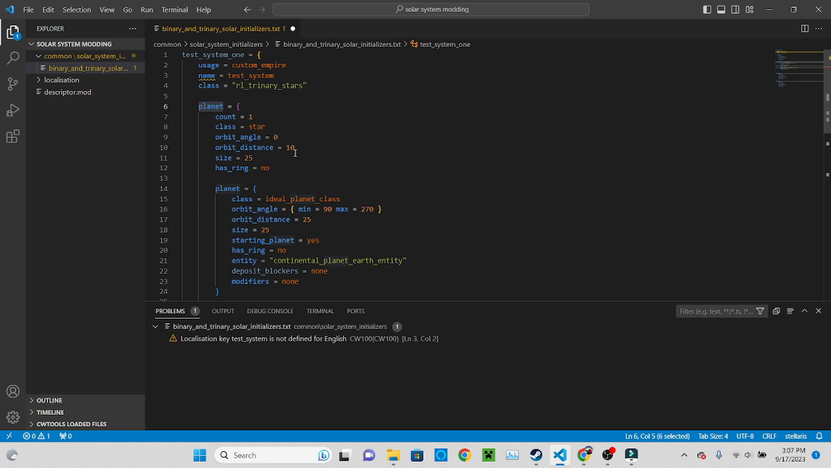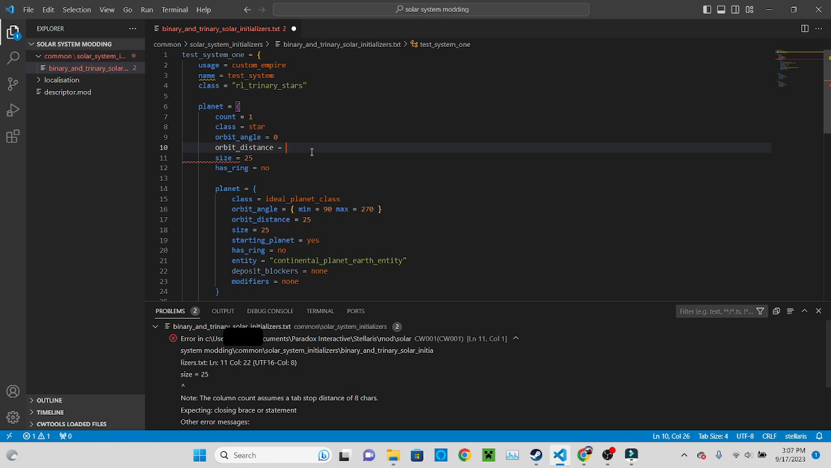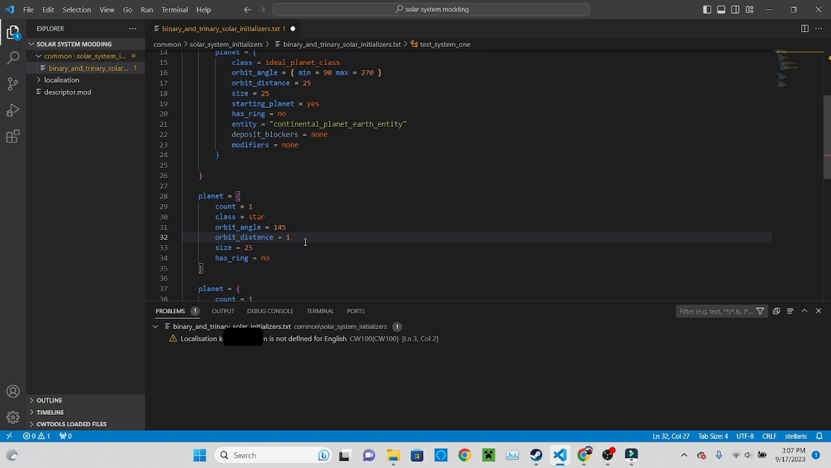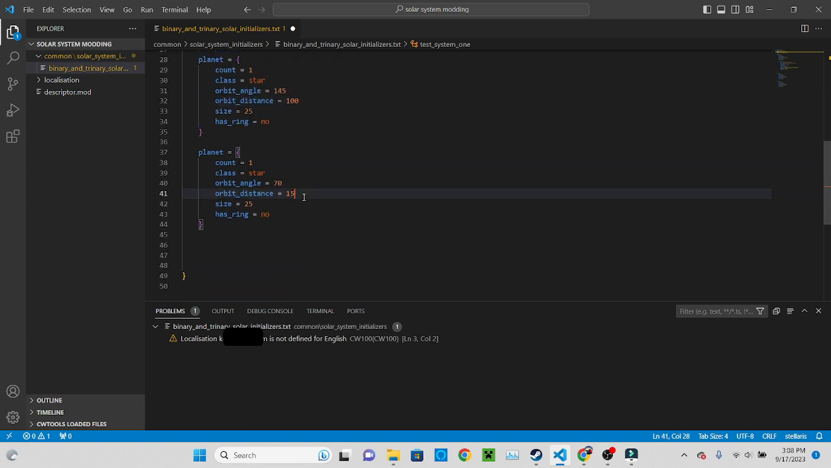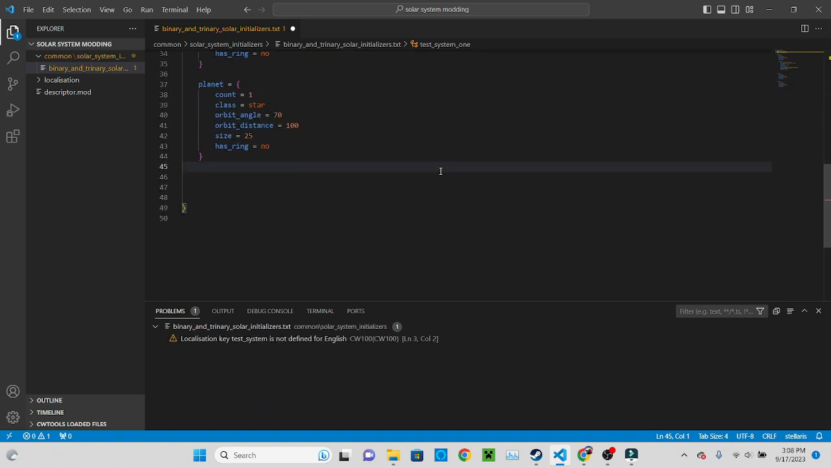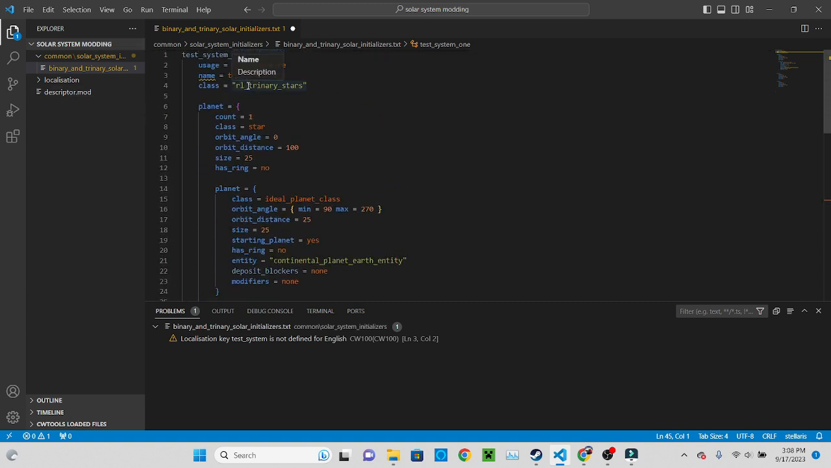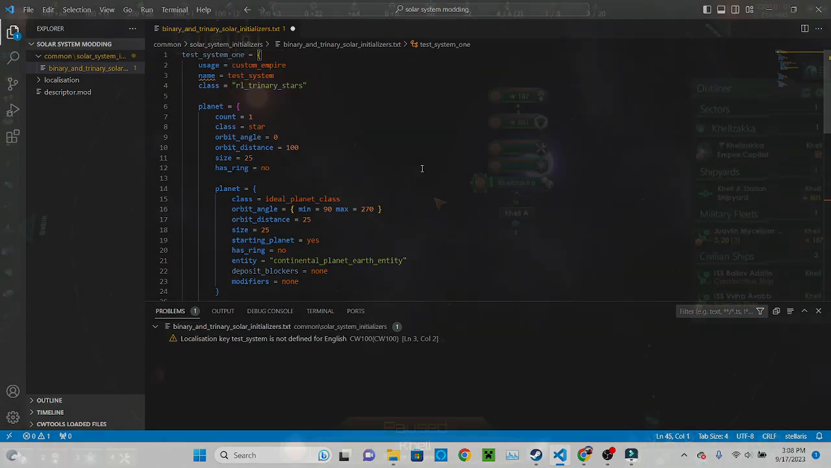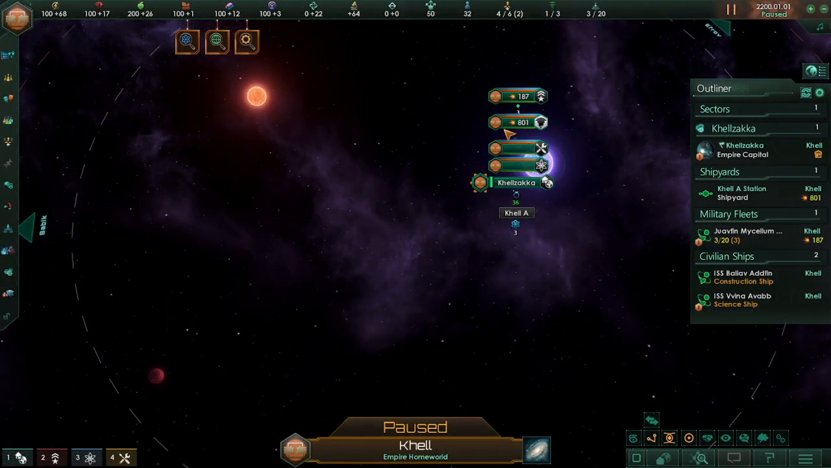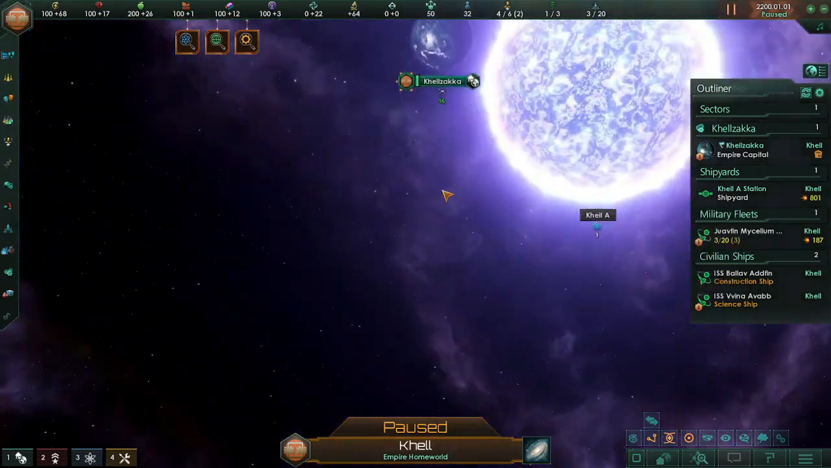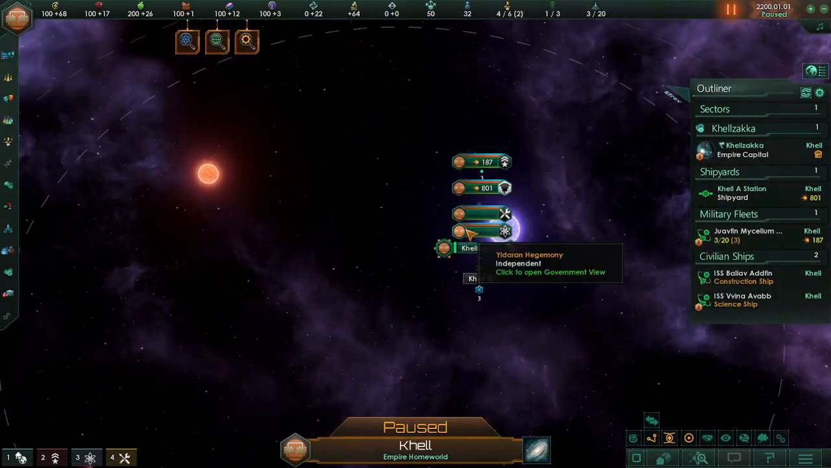What I would also do is ramp up the orbital distances to something like, let's make them all 100, just that way we can see it. And the same thing would be true for binary, just without a star, and with RL binary stars instead. So let's take a look at that in game. Okay, yeah, maybe I didn't need to make the system that large. But yeah, now we got